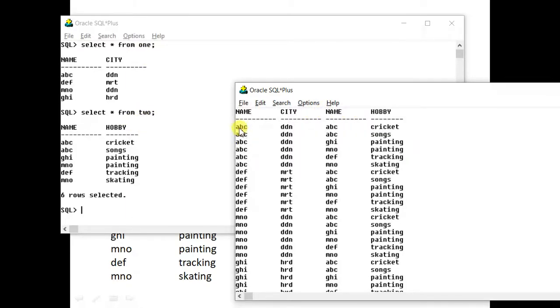If you analyze this, when the name is ABC in this section and the name is ABC in this section, cricket is actually the hobby of ABC. Similarly when it is ABC and also ABC, song is the hobby of ABC.